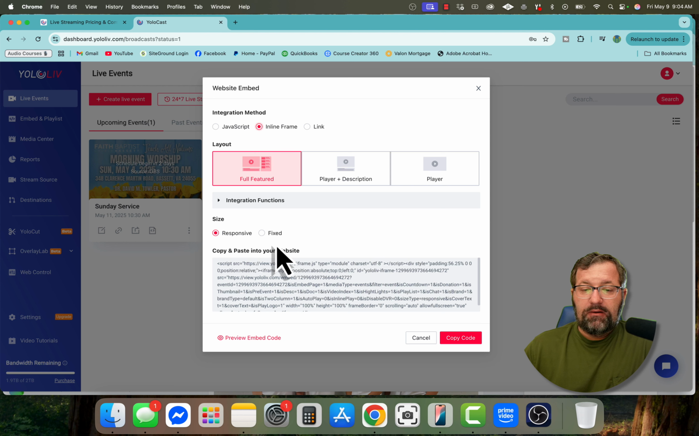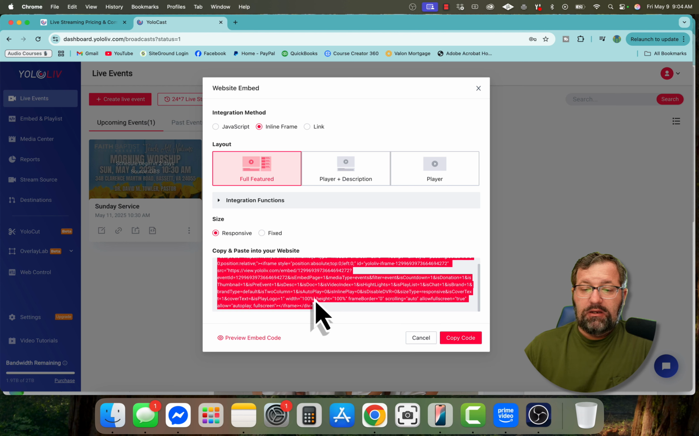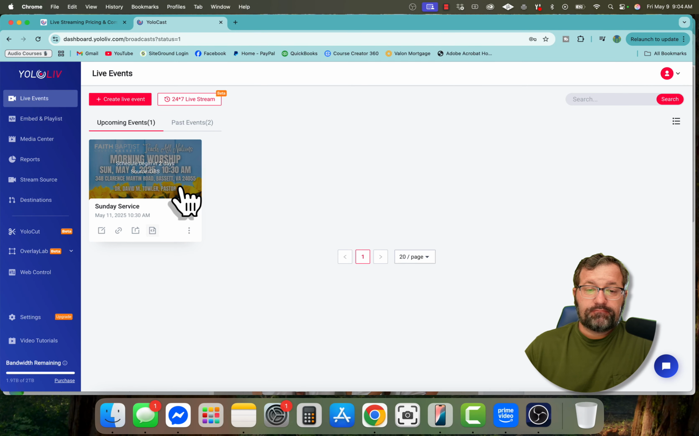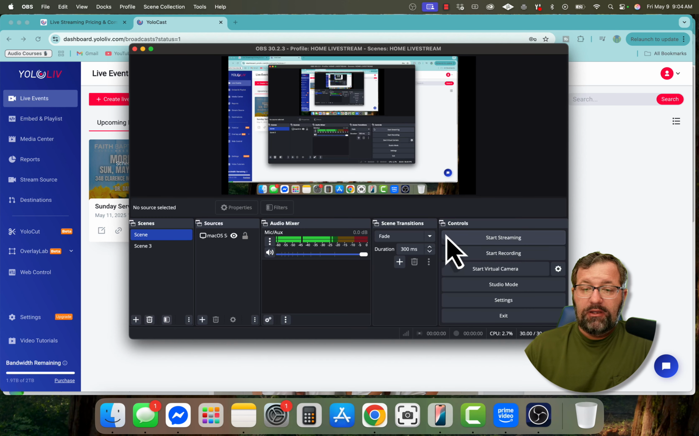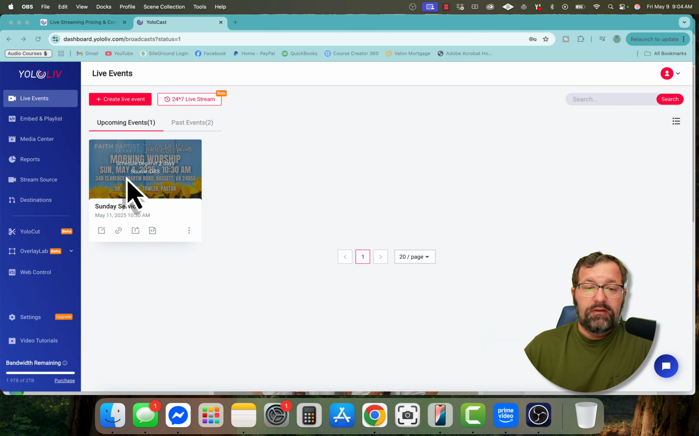I would use inline framing, and I would copy this code and embed it in the website. And I can show you that in a future video, or a short, if you're interested in that. But let's say you're just ready to start the event. You would log in. You would bring up OBS to be ready for that, and then you would bring up YoloLiv in order to distribute